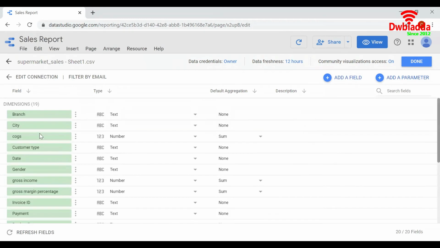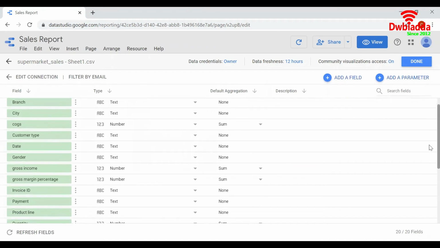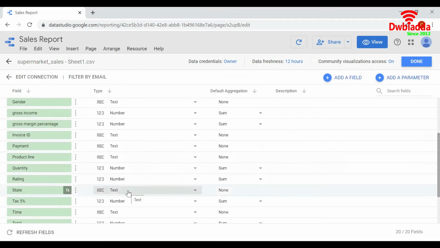This creates a new calculated field with the name state. Here we can see that the data type is text since the output result was the name of the state.